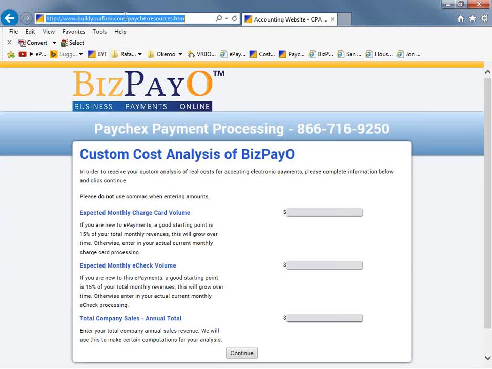It's going to bring them to this page that we talked about before, and it's going to encourage the customer to enter in their information for how much they're processing now or about how much they think they're going to process. And there are some guidelines in here. So I'll just keep it simple. Let's say they're processing $4,000 a month in credit card, or that's what they think they'll do, and they're processing, I don't know, let's say $3,000 per month in e-check, and let's say their practice is